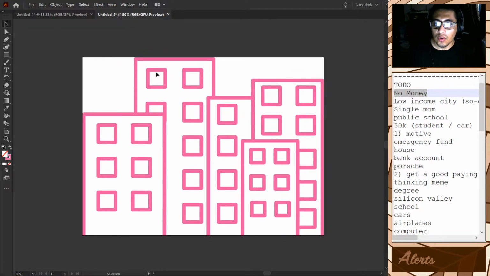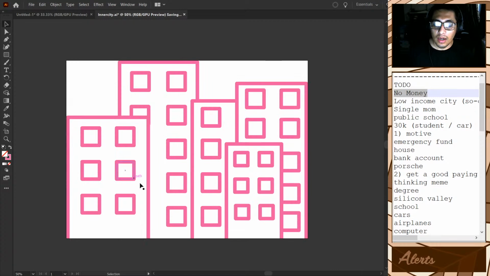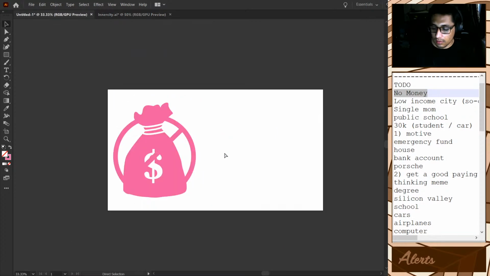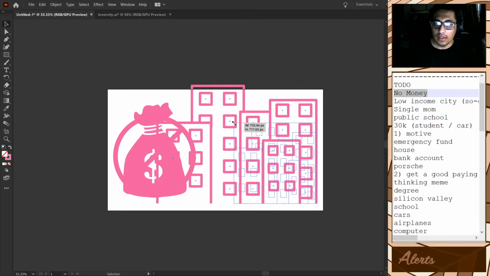That way you're not importing all 1920 by 1080 pixels. Now we can click save. Here we'll save it as inner city, so next time I want to use this, I just look for inner city. For example, now I just copy, paste, and it should be around the same scale the way I want.